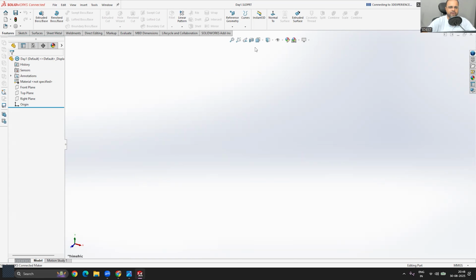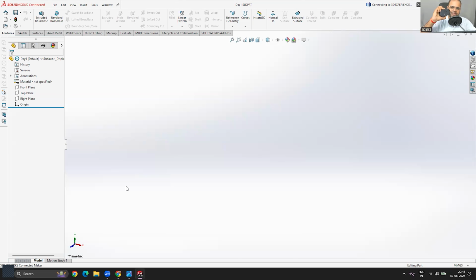So right now you can see on the top, we have all these navigation tools. And if you are using SolidWorks, I always recommend using an external mouse. Having a good quality external mouse is important, where you have the scroll wheel and the right and left clicks. This is the basic minimum requirement to use SolidWorks. You cannot use this tool from your laptop trackpad. That could be super annoying. So it's important to use an external mouse.